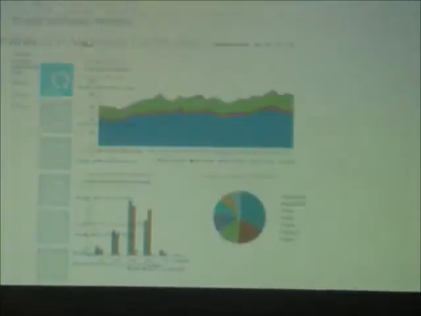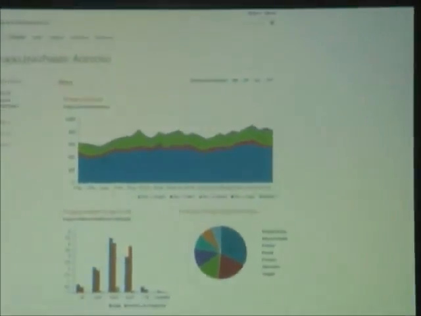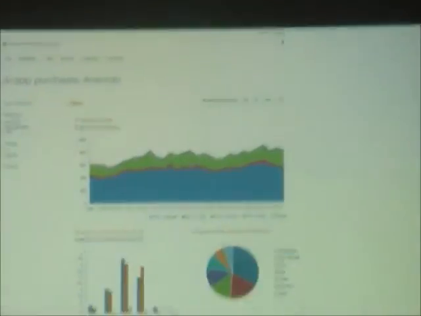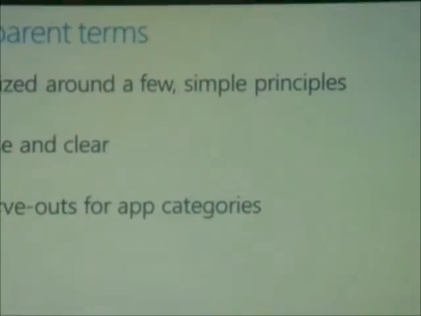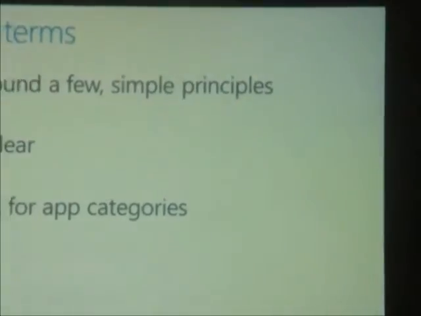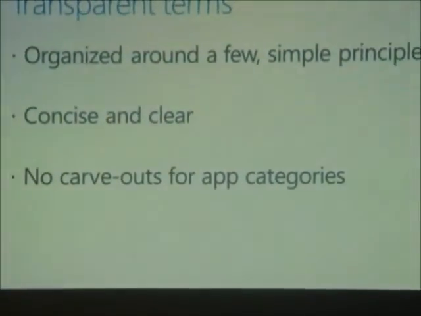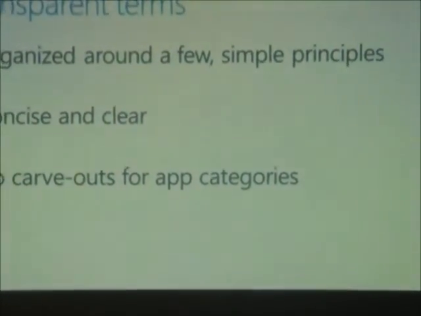So this is the certification criteria for some sample app called Accubator. By these kinds of details you can track your purchases and revenue details. So transparent terms, organized on a few simple principles: how your application is getting submitted, concise and clear,